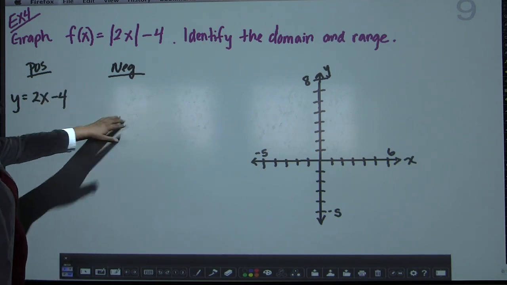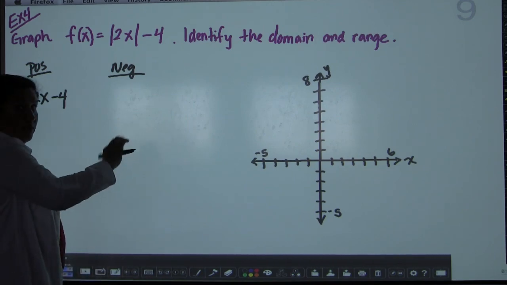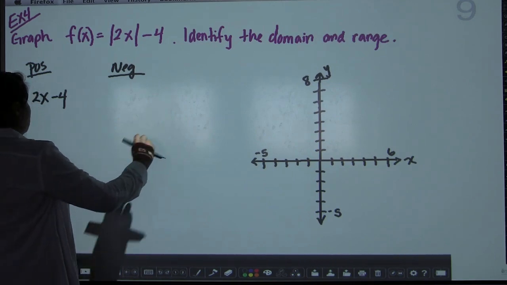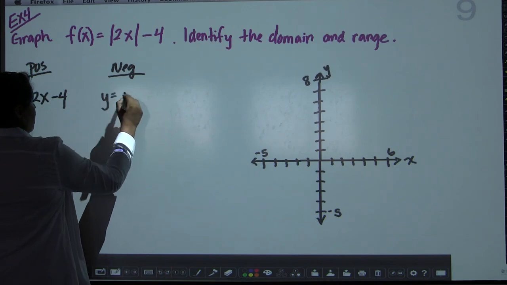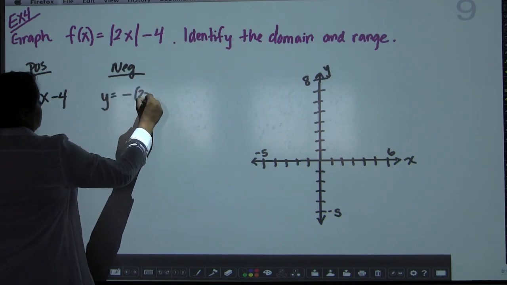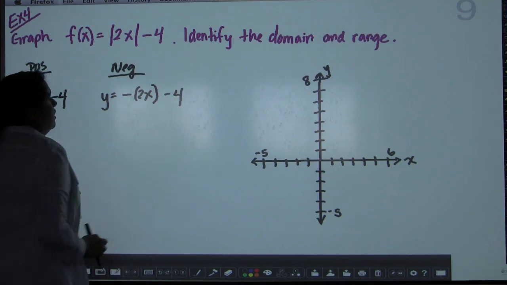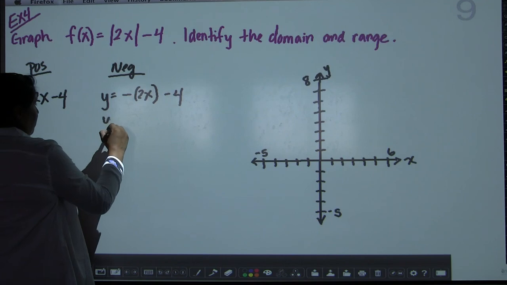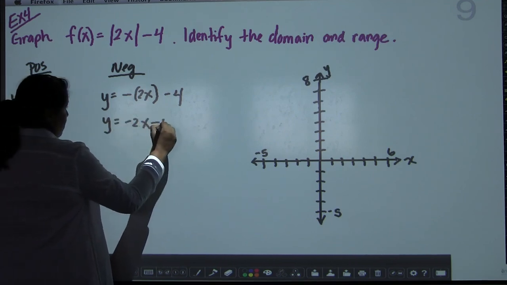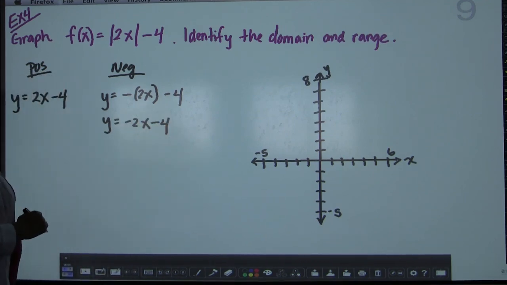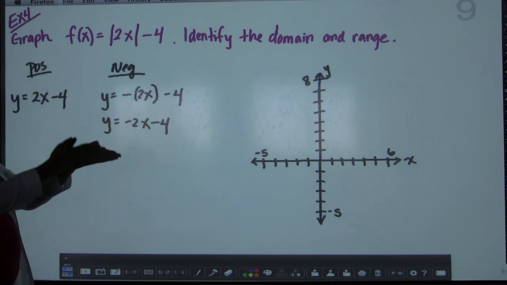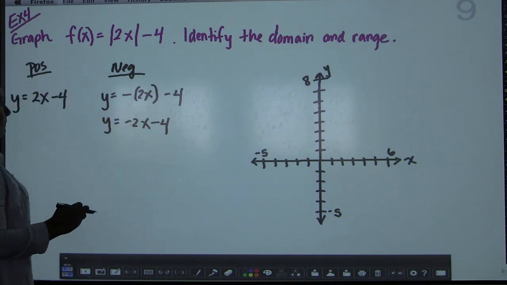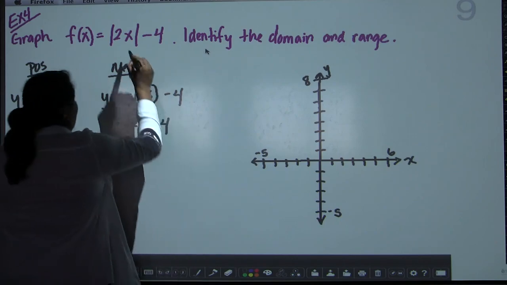But over here, in the negative case, if you recall from the negative case when solving equations, you're going to get that y equals negative 2x minus 4. You have to negate whatever is inside the absolute value bars. So now you have two separate functions. This was negative 2x minus 4, and this one's 2x minus 4. Now the only part that's left is where is the middle, okay? Because as you know, a V kind of comes together in the middle, right? So to figure out that part, you always take whatever is inside